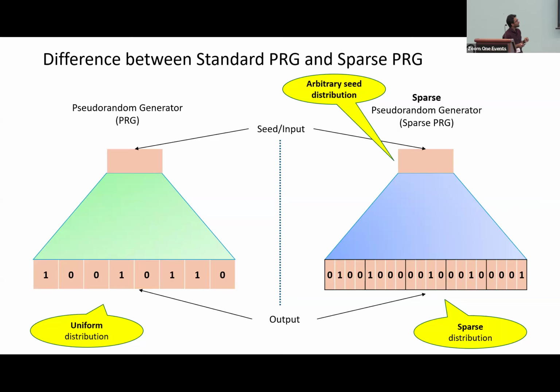So at a very high level, what we'll do is we'll design this object, and then we will run this object, the sparse PRG object, inside HSS. To have an efficient PCG, we will want to have a low degree sparse PRG, where the degree is, if you interpret each output bit of the sparse PRG as a multivariate polynomial over the input bits, then we want to control the degree of that multivariate polynomial.